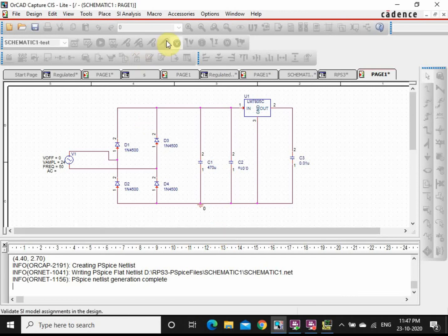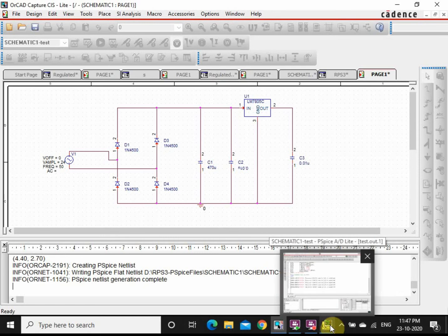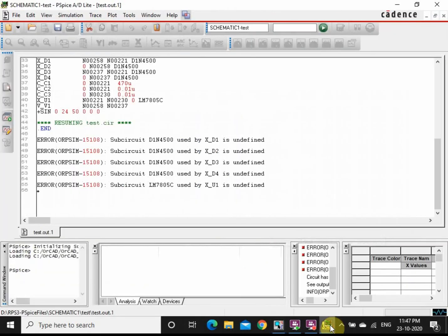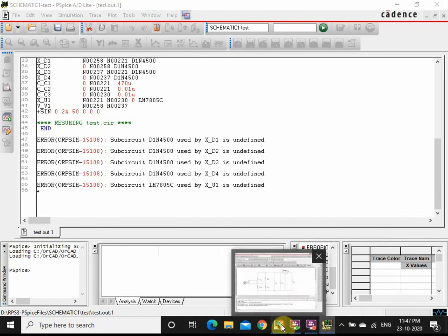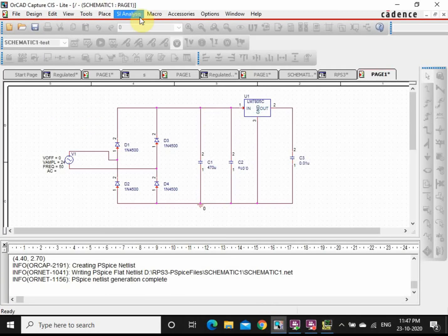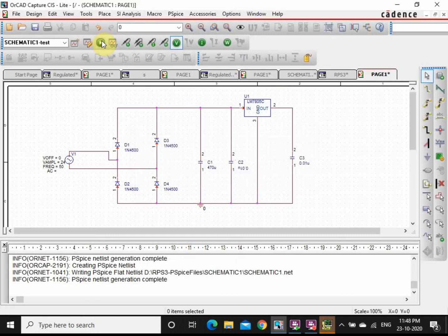Next, this is your error there. You have seen this is the error. Now we are going to rectify this error. So go to your program, then you can run the program. Run program means a new simulation profile will be created. You can see that my library is added and my component has been accepted by your software, and I have got the output voltage.